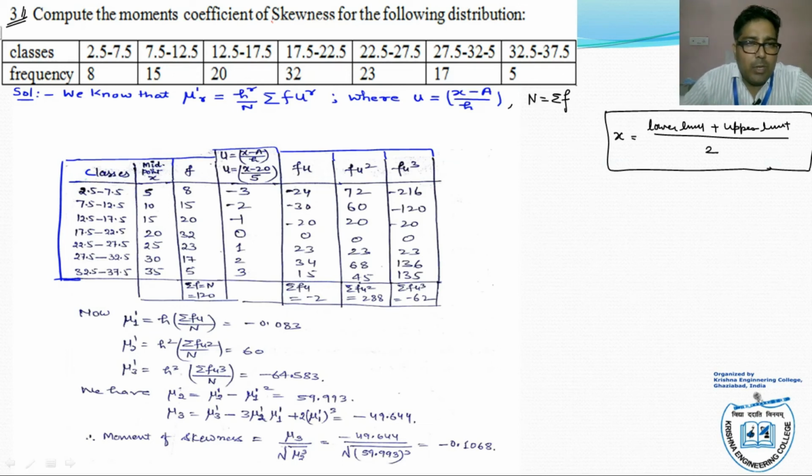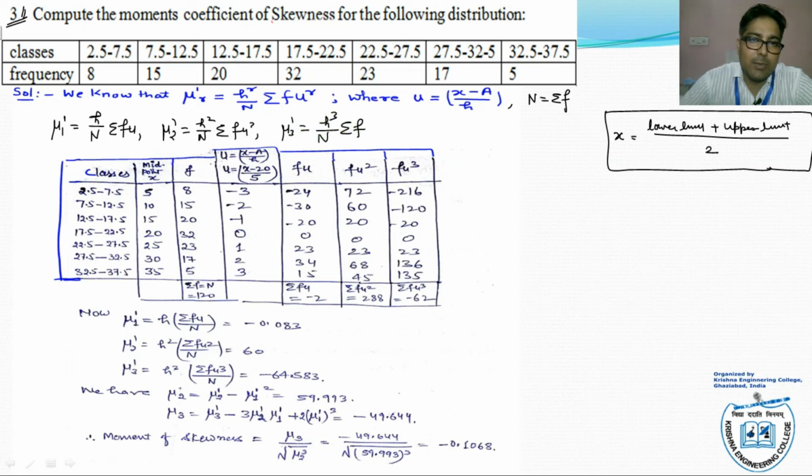So we construct a table. So first we find the mu1 dash. Mu1 dash means h upon N sigma fu. Mu2 dash means h square by N sigma fu square. Mu3 dash is equal to h cube by N sigma fu cube. Clear? The classes given here are 2.5 to 7.5, 7.5 to 12.5, 12.5 to 17.5, 17.5 to 22.5,